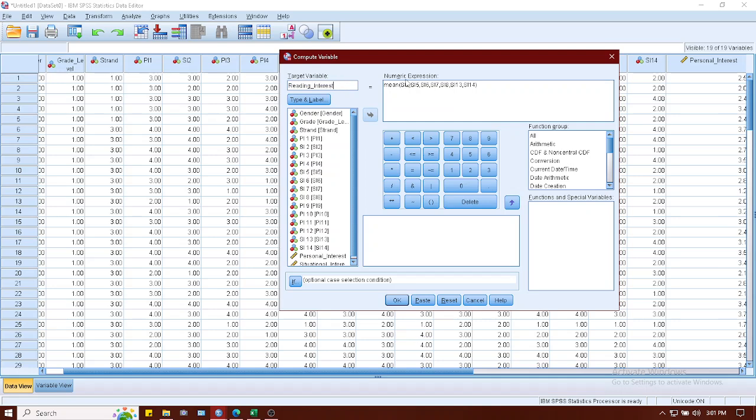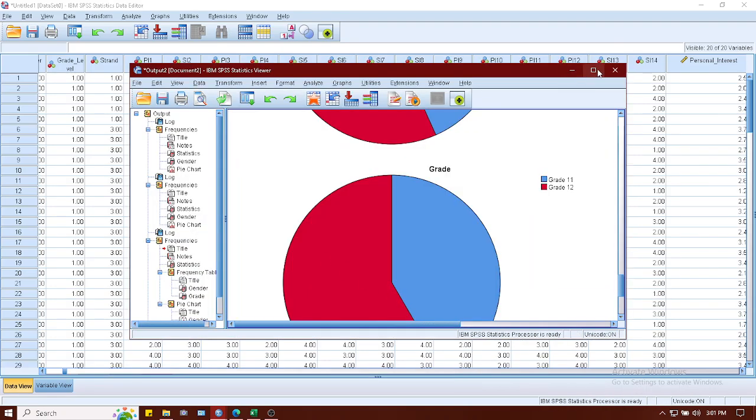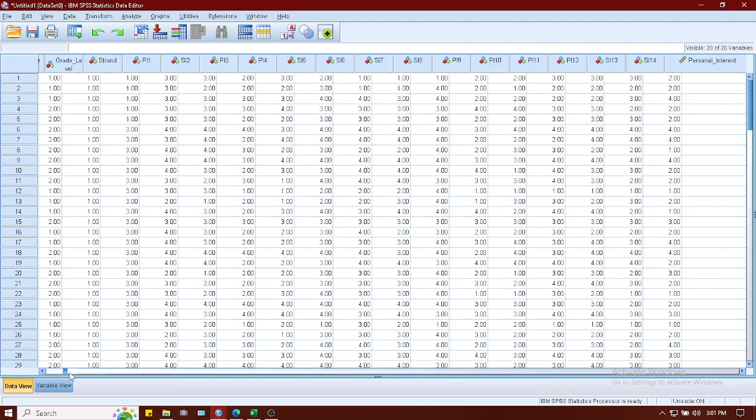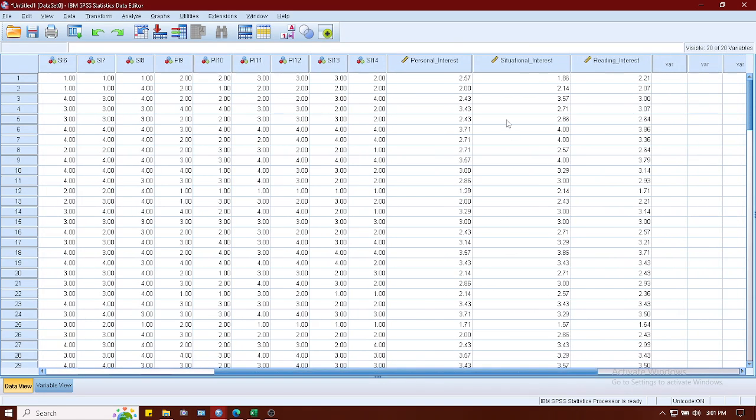So reading interest is equal to the mean of personal interest, comma, situational interest, and then OK. And so you have it already: personal interest, situational interest, and reading interest.